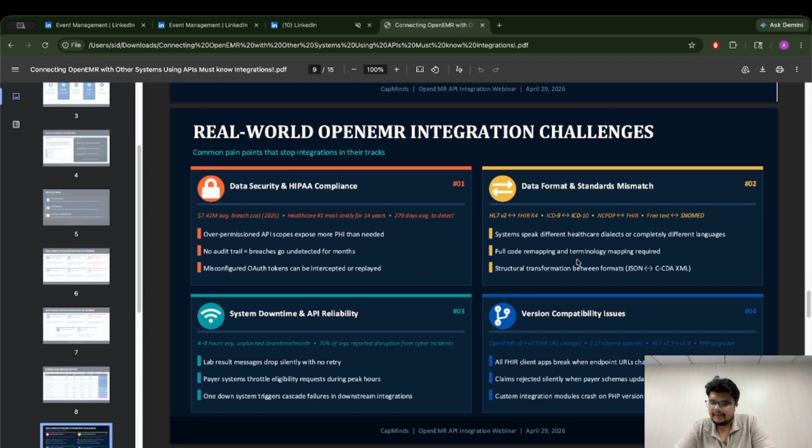Then we have version compatibility issues. This is related to the second point, which is data formats and standards. All FHIR client apps break when the endpoint URLs change, as you might be aware. Claims can get rejected silently whenever there is a payer schema update. So we have to make sure that all of these integrations are up to date and running in a way that ensures 100% compliance as well as uptime. Then, moving forward,